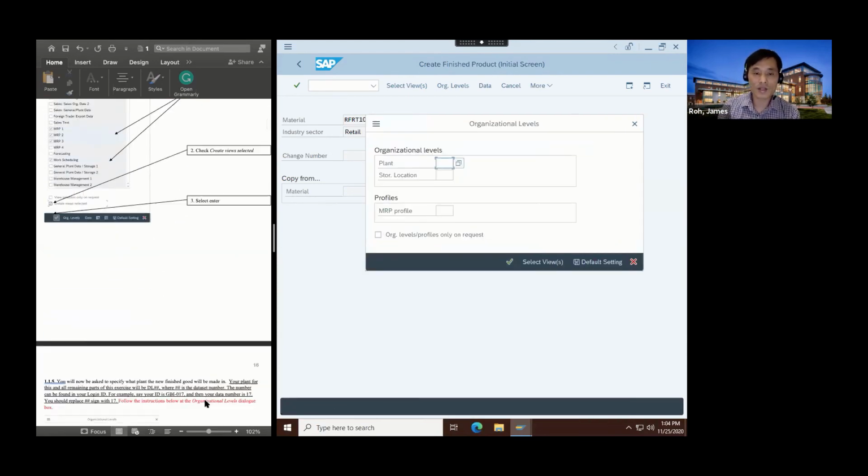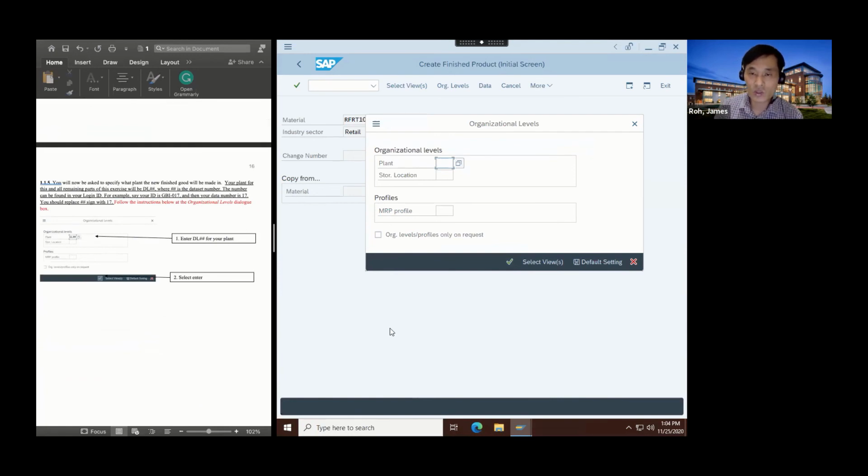And then it brings up to next window saying, what is the organization level that you are working with? So what plant are you talking about? If you remember correctly, there are 3 plants in the United States and there are 2 plants in Germany. So we have to indicate that here. And if we are using actually the Dallas plant, so we are entering DL, meaning Dallas, and the number is -22,